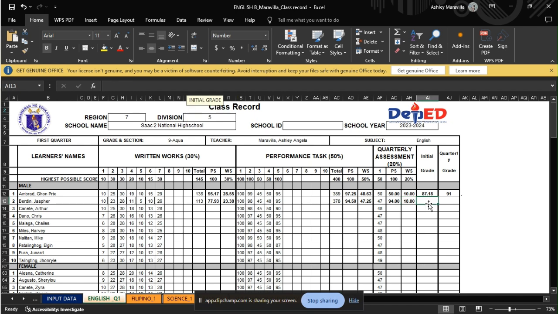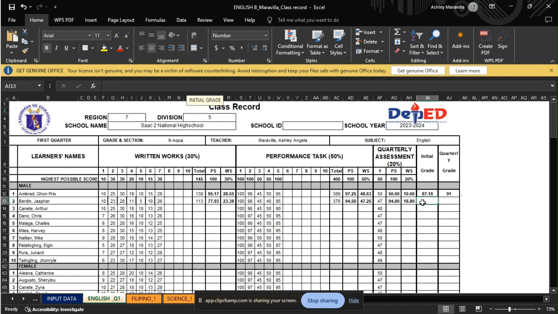We're going to identify it first because in summing up all of the WS, or the weighted scores, we cannot see or click the quarterly assessment. For your better understanding, I'm going to show you how and why.